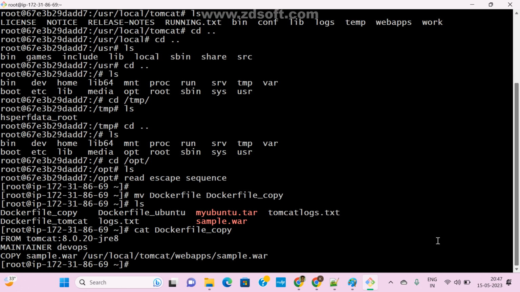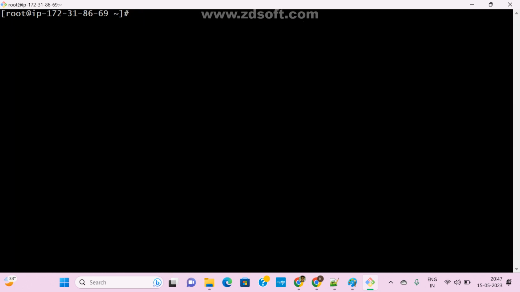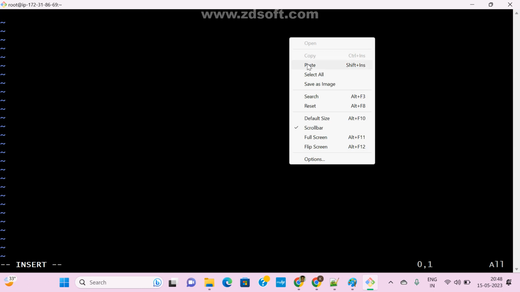Same command I am using. Copy this one, I need the same content, and let me create one sample Dockerfile, vi Dockerfile. That's it, I insert copy.